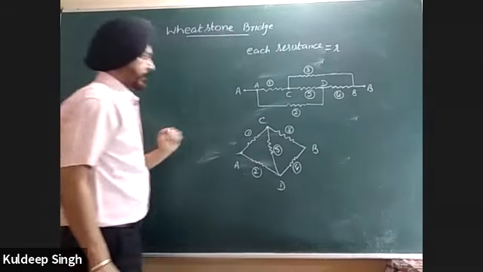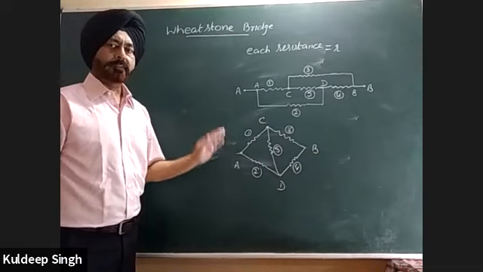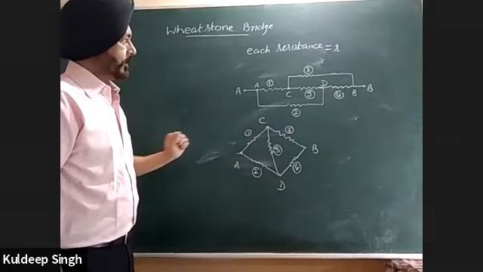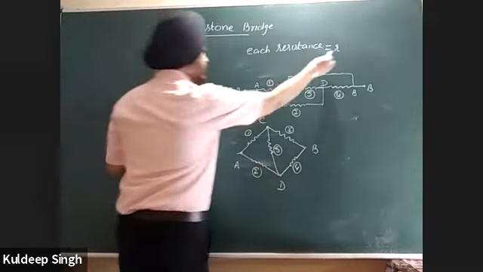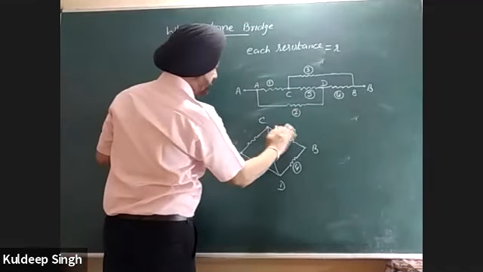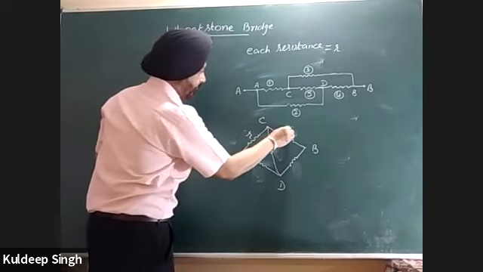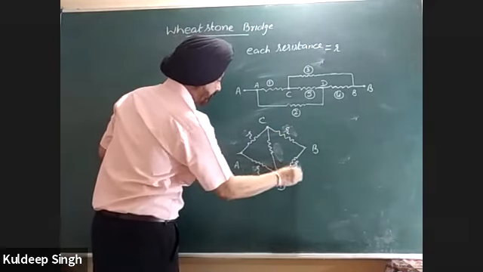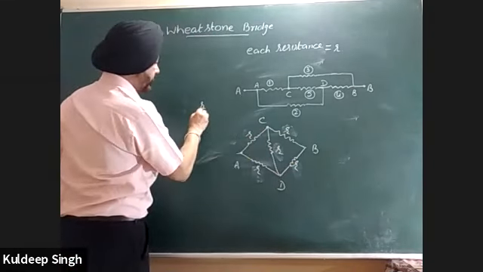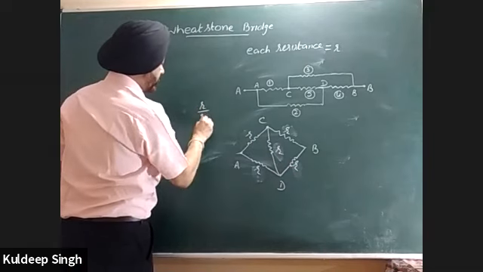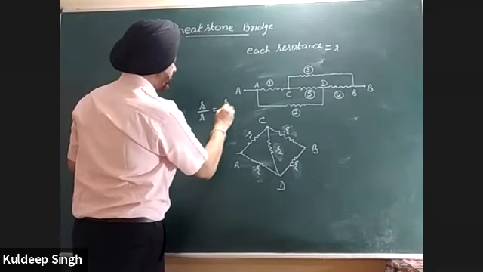So look, this circuit is a Wheatstone bridge. Is it balanced or not? We will see later on. But now it is clear that this circuit represents a Wheatstone bridge, because each resistance is R. Now I remove these numbers. They have done their job. So this is R, R, this is R. So P by Q, R by R, equal to R by S. So this is balanced.